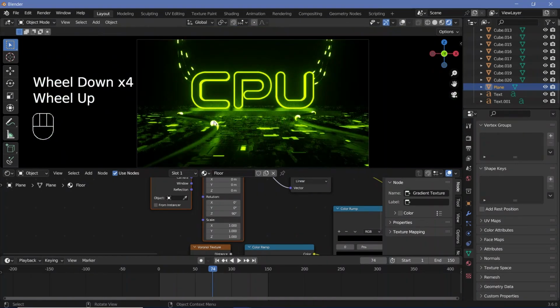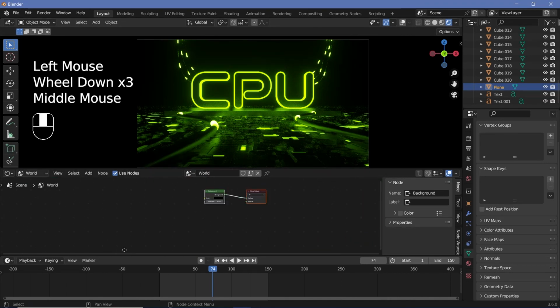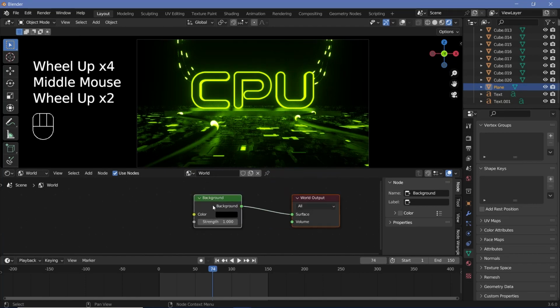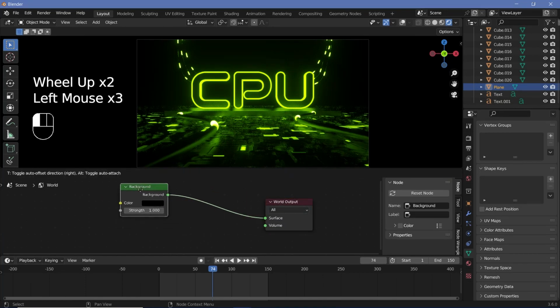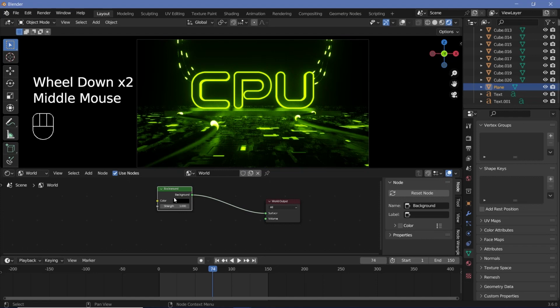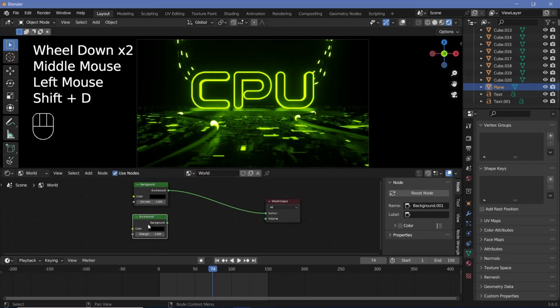Now that looks great, but we still need to add in some background to give it some more visual interest towards the top. Let's switch from the object tab to the world tab and start playing around with the world texture. Now I don't want the world to actually be giving out any light to all of these materials that we created. So I'm going to keep this as black and I'm going to add in another background node for